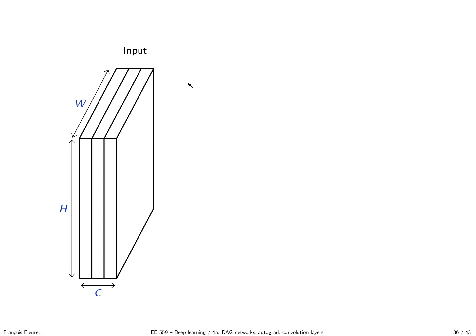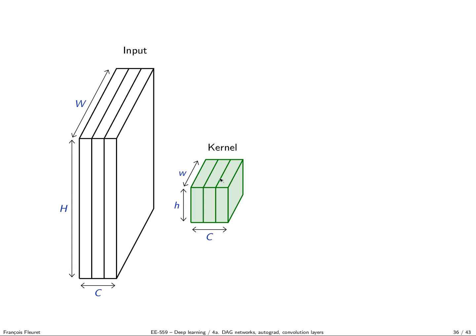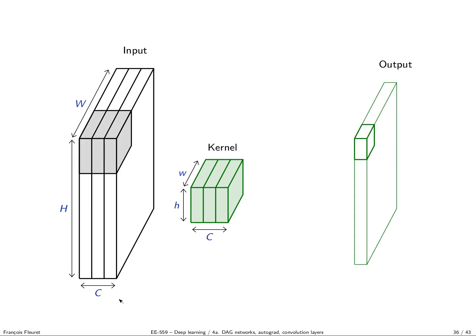So in a 2D convolution, I get a tensor like this, which is a multi-channel signal, which has C channels, height and width, and I'm going to convolve it with a single filter, a single kernel, which is small h, small w on C channels. And this C is the same as this C, which means that I can swipe the kernel in X and Y, in width and in row and column, but not across channels.